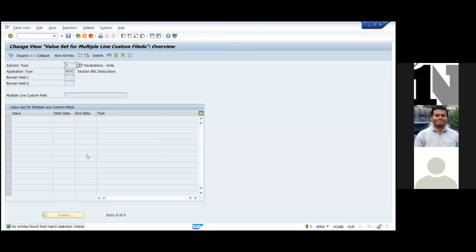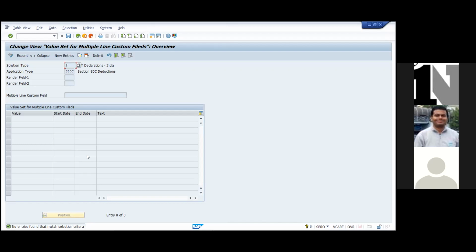If you are maintaining any custom value, then you can maintain it here, but again, it is optional, so not that important. What value will be visible to the employee? It's not maintained data, it's a kind of configuration here.